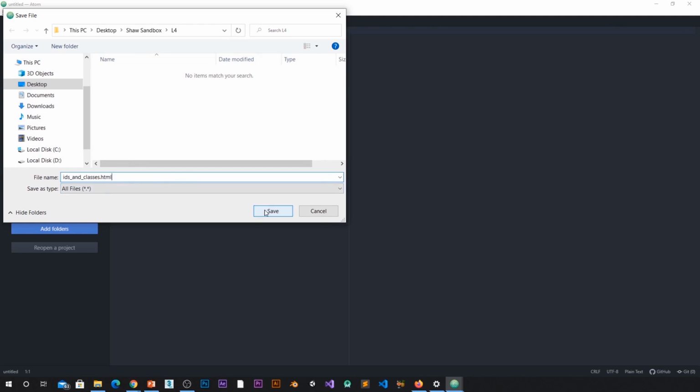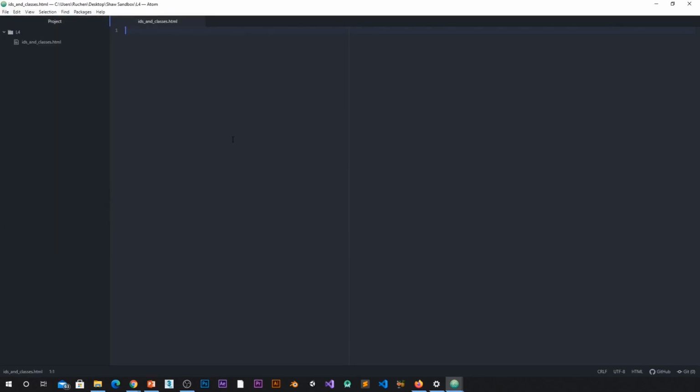That is extremely important. And then once that's done, I can now just type in HTML. It will autocomplete the text for me. So now we have this boilerplate that we are used to, and I'm going to start coding in between my body tag, but I might just want to add a bit of content. So to do that, I'm first of all going to create a title for my website, and I'm going to call this IDs and classes, because remember,